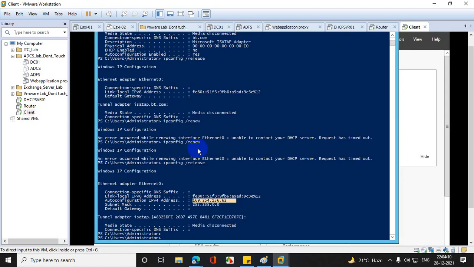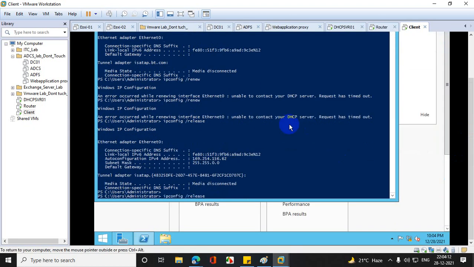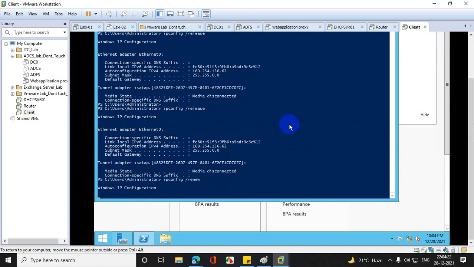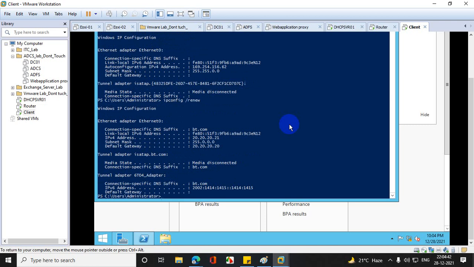Now I will go to the client machine, and do the same thing: release, and then renew. Now see, excellent.